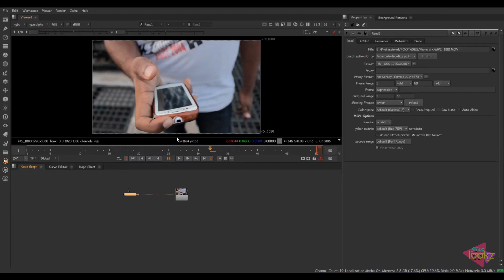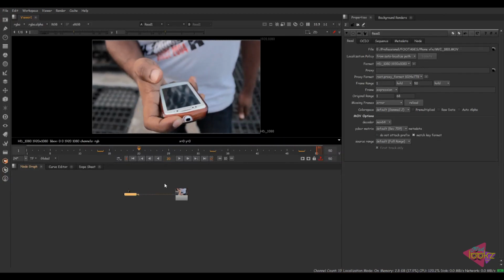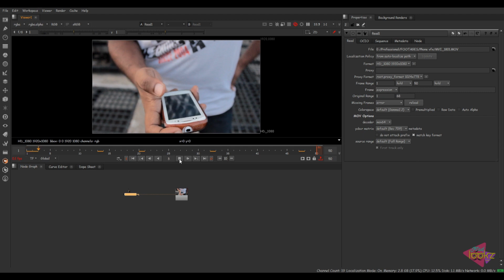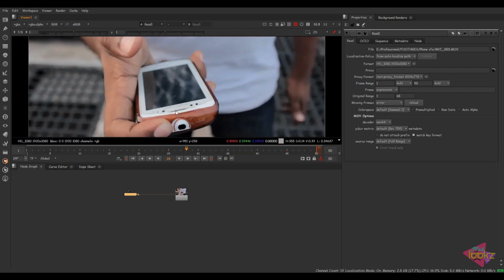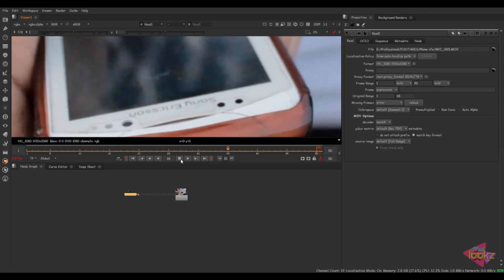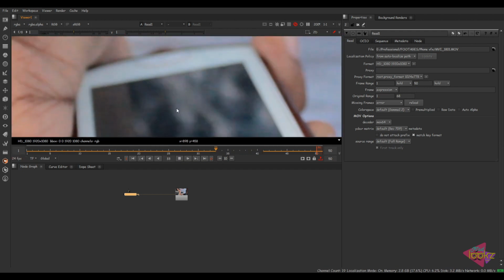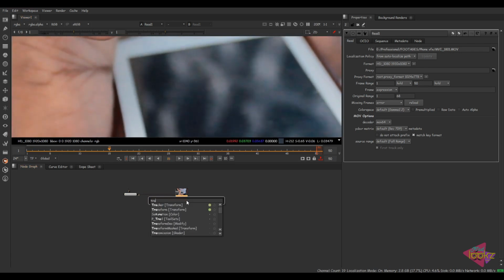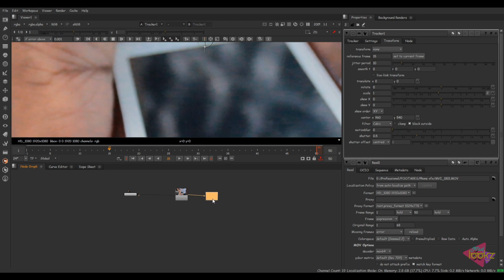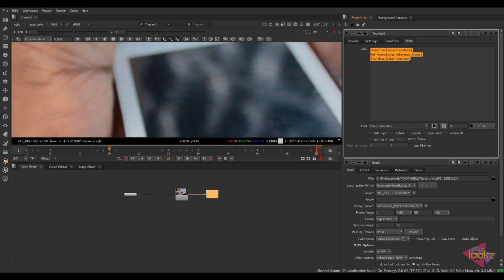Today's tutorial I'm going to tell you one trick which is very useful while you use tracking data inside Nuke. So here I have a footage. I'm going to track those four corners and place an element in the mobile screen. We have some limitations, like there are some reflections, but we can try to take a tracker and place some tracking markers on those four corners.